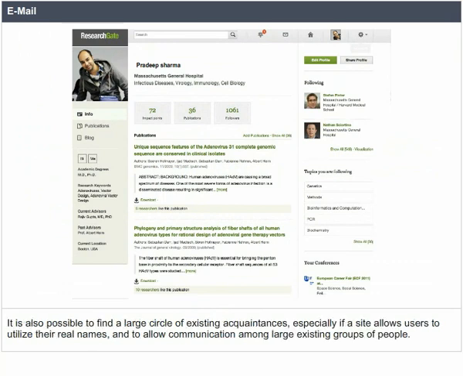It is also possible to find a large circle of existing acquaintances, especially if a site allows users to utilize their real names and to allow communication among a large existing group of people.